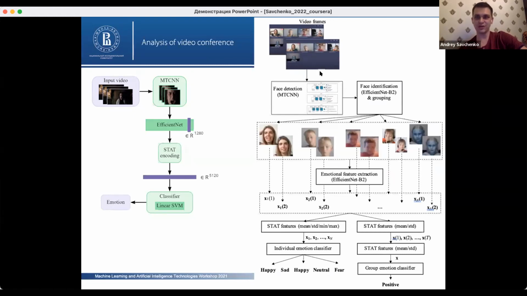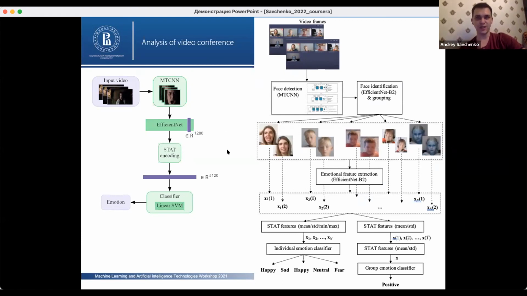some of our partners at school. So some online school, and you will detect the faces, you group them, and after that you predict the emotions of individual faces here and also the group level emotions, and it really works. And I hope it will be implemented by these guys who asked us to develop